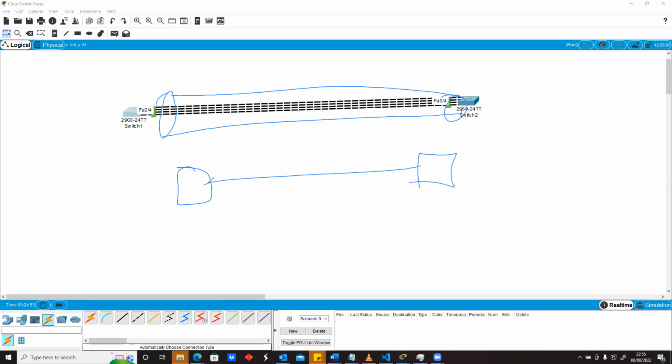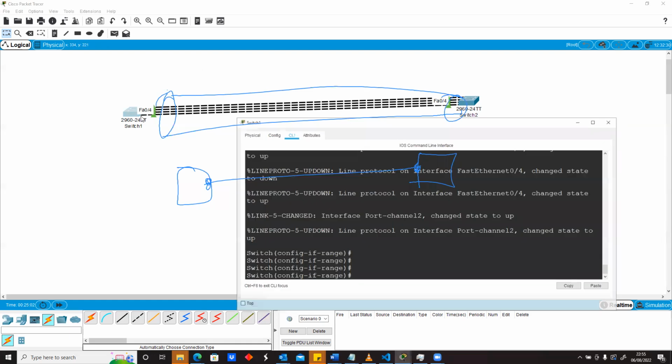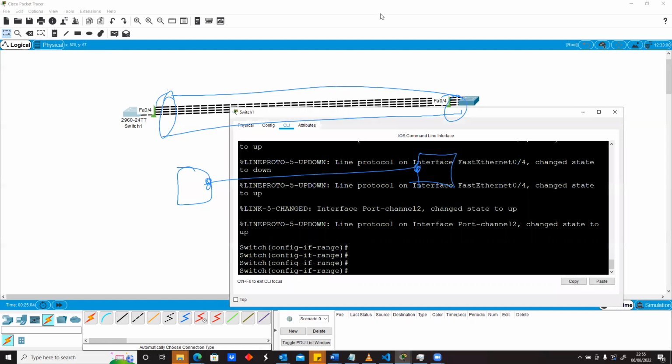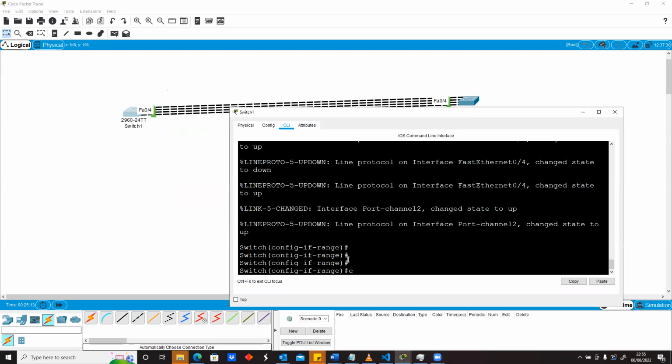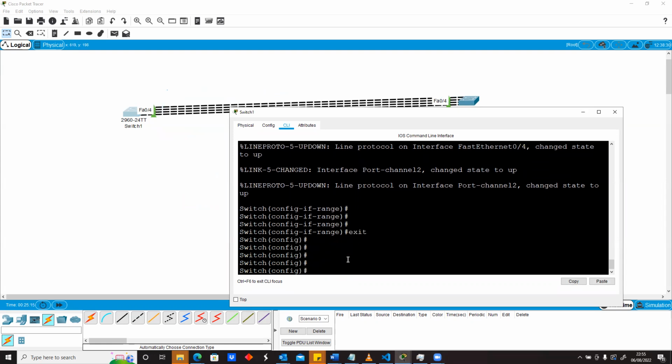So this is how spanning tree sees these whole 4 links. It's seeing them as one, and that's why it's allowing them to pass traffic. And so just by inspection, if I go on this device, and then I do